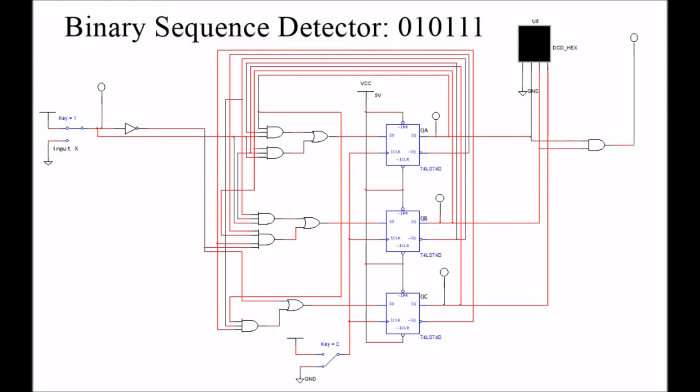And here again is my completed binary sequence detector, and you've already made something pretty similar to this. And I'm just very carefully wiring my inputs to my various D flip-flops, DA, DB, and DC based on the equations which I came up with. So if you follow these around, you can see they come from QA or not QA, or QB or not QB, and so forth. This, of course, is X and not X. And finally, at the end here, I have my output. Now, remember, my output was pretty simple. That was just QA ANDed with QB. Yours is going to be a little bit different,